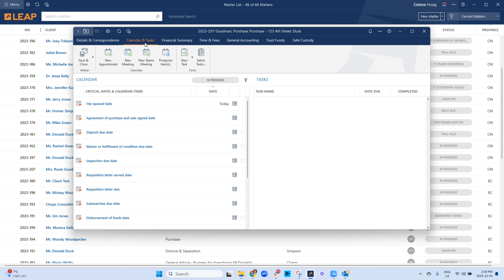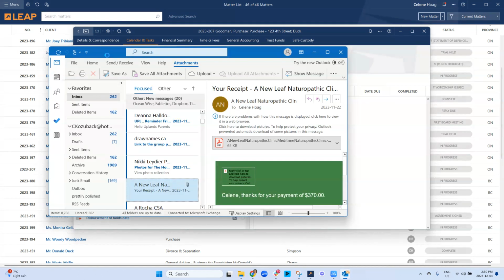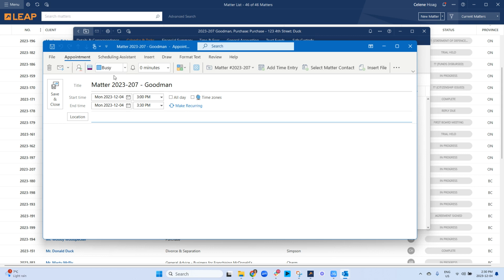Next one, calendar and tasks, is you can create new appointments, new meetings, new Teams meetings. You can also create tasks. And this is exactly like in the same way that letters work through Word and emails work through Outlook. This also just works through Outlook. So for example, if we're going to create a new appointment, it's going to pop up right here. The appointment name by default is just the matter name, but maybe we'll say, you know, meeting with client,